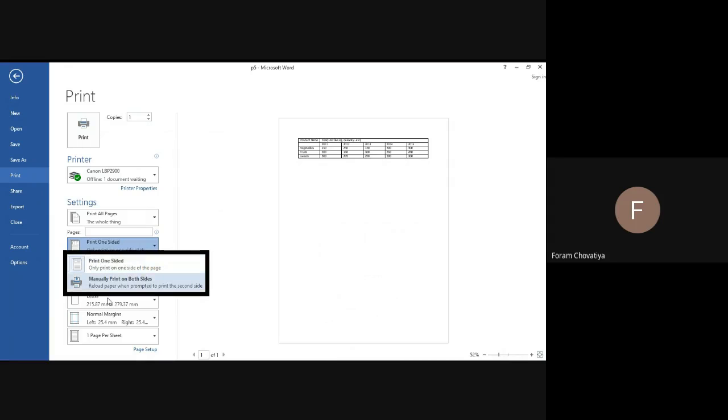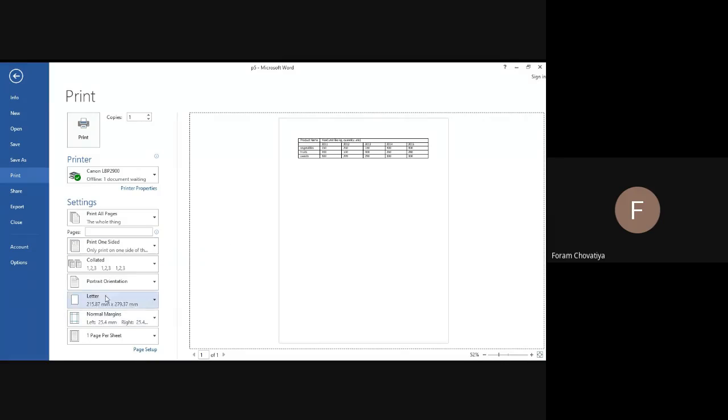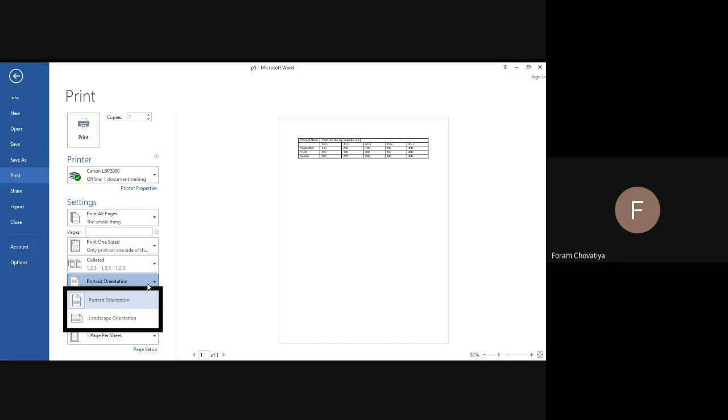Print on one sided, or manually print on both sided, right? Then portrait and landscape: if you want to print the page in a vertical manner, select portrait. If you want to print the page in a horizontal manner, you have to select landscape orientation.